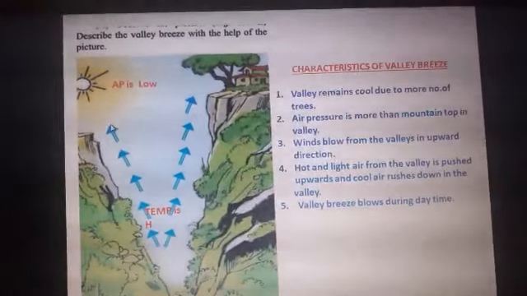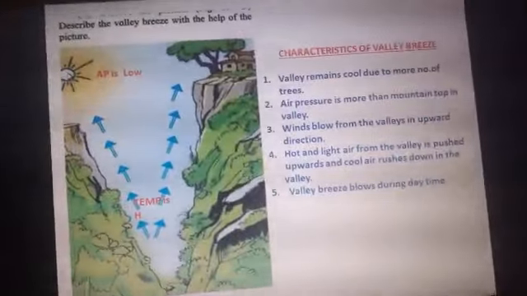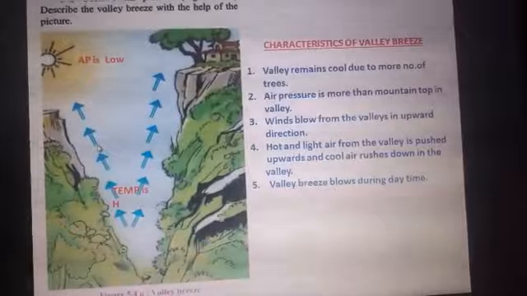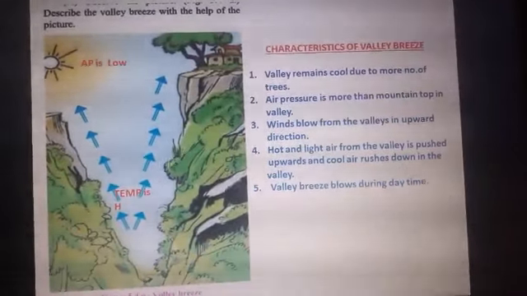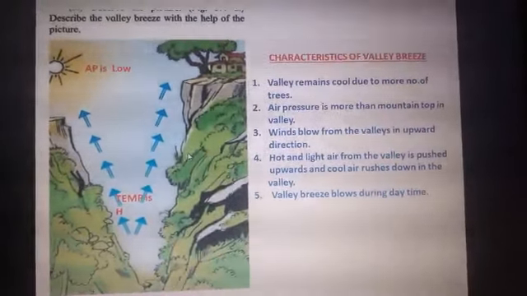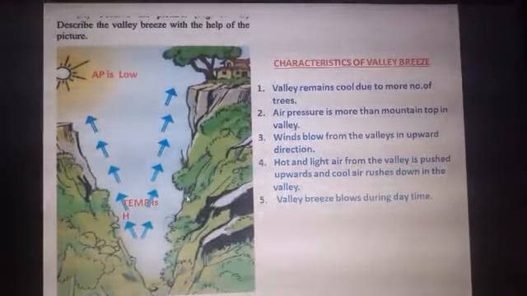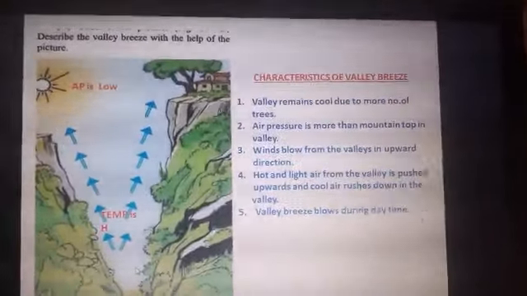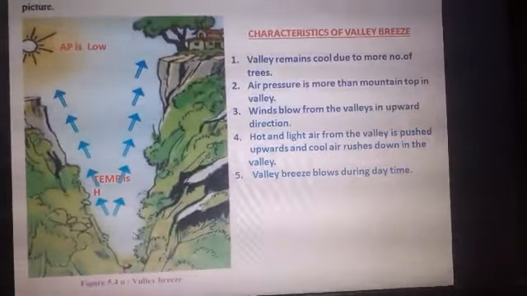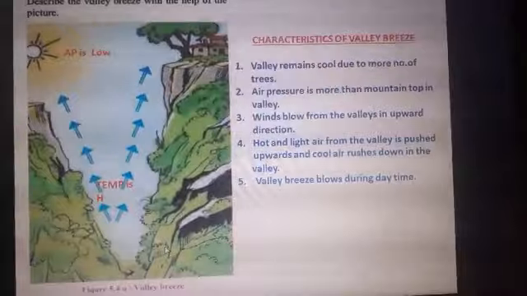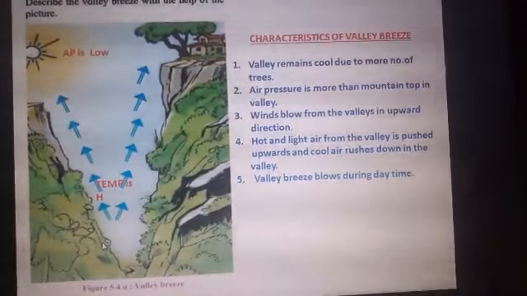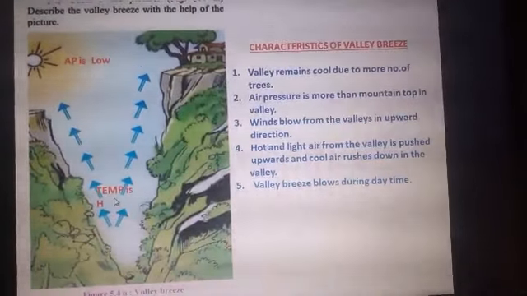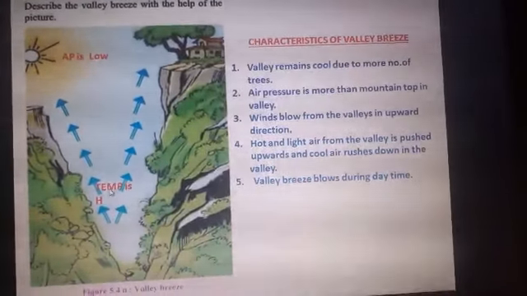Okay. Now what happens in the daytime? Of course, the sun is there, so it is the daytime. Now you can find in the valley, what do we find? A number of trees are there. Many trees you find in the valley area. So when the trees are more, what happens? Now this here is the land surface. Because of the heat of the sun, the land surface gets heated up quickly and therefore the temperature on the land surface is high.